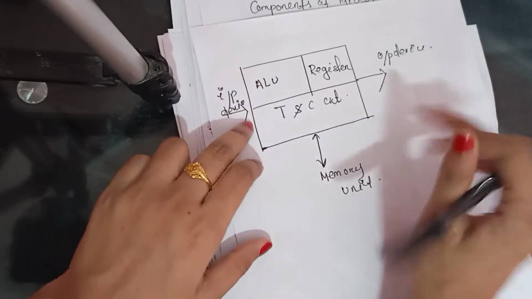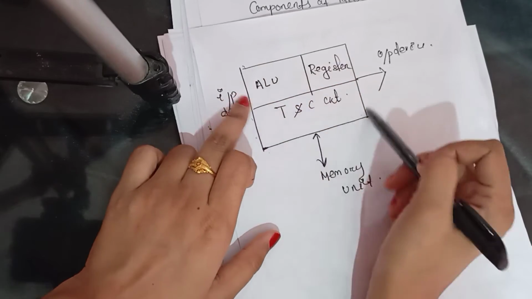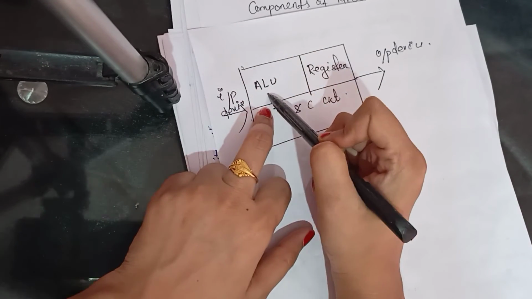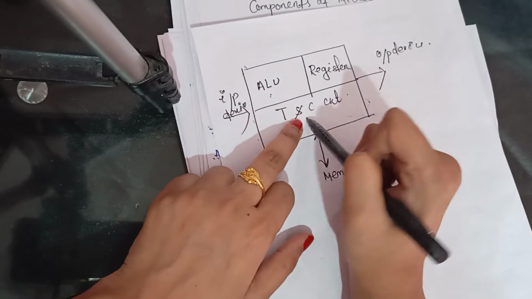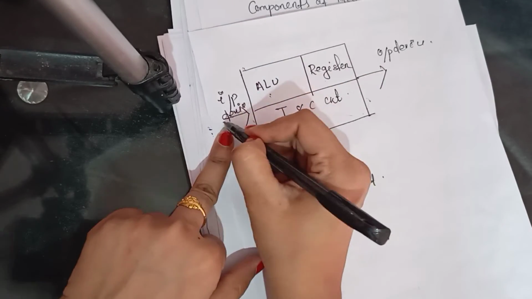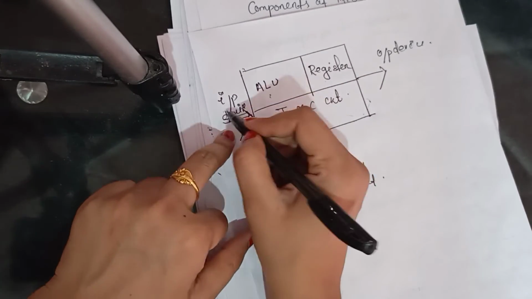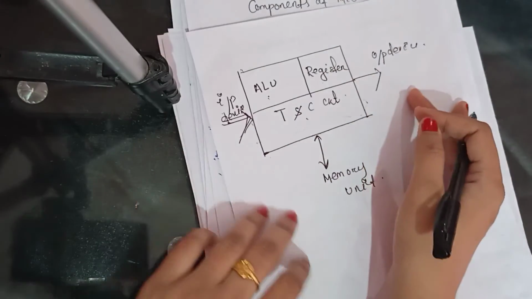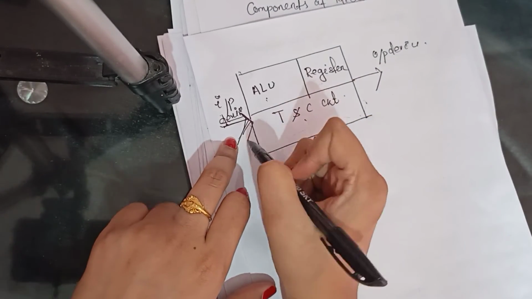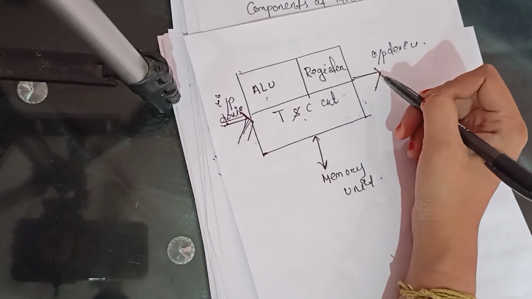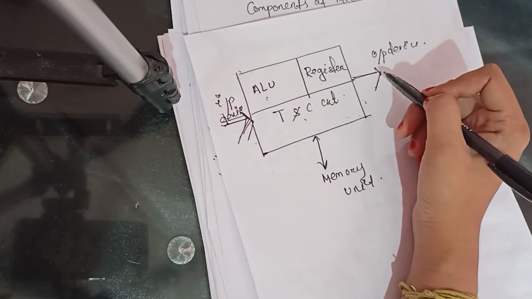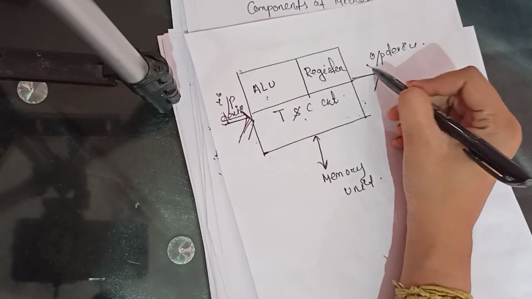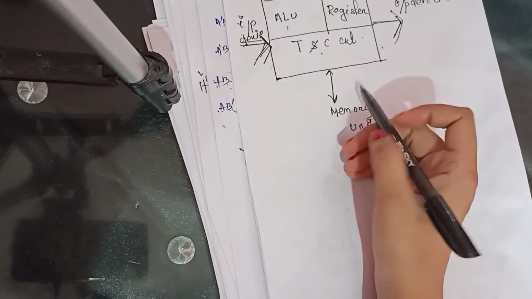Okay, let's see. Inside the chip, this is the microprocessor chip, and it is a single chip. Inside the chip, three components are present: your arithmetic logical unit, your registers, and your timing and control circuit. And see, this is your input device. Input device's work is to give data for any function or any operation, and this is unidirectional. And this is your output device. Whatever output we are getting, it will show the result on the screen. And this is your memory unit.